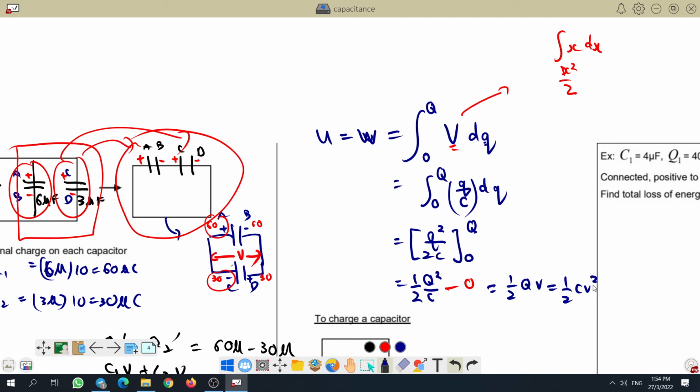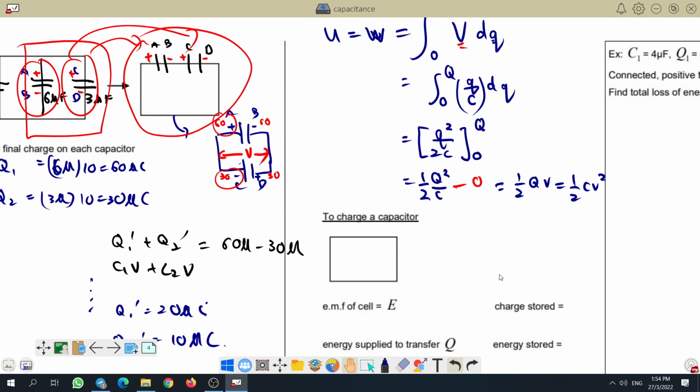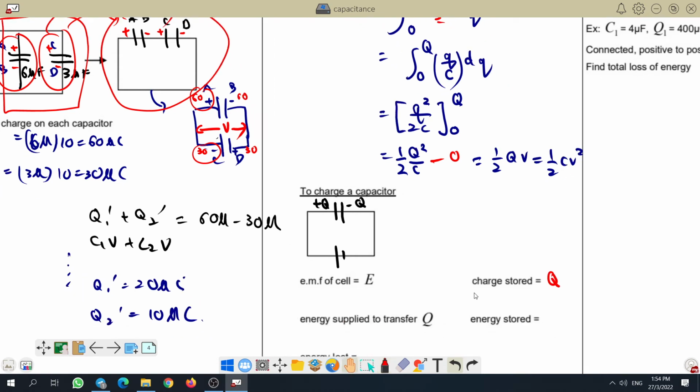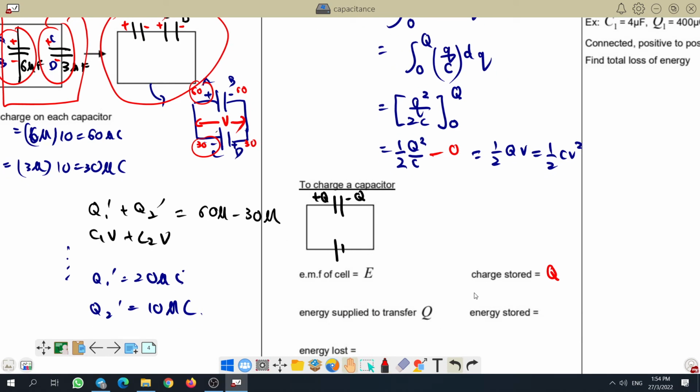It depends, you have to be careful which one you need to use depending on what you know for that situation. Okay, but why half there? If we're charging it with an E to a Q and a negative Q, charge stored is Q. Energy supplied to transfer Q equals to,